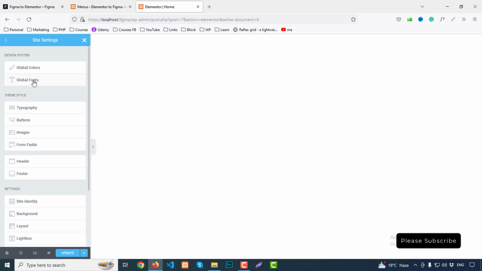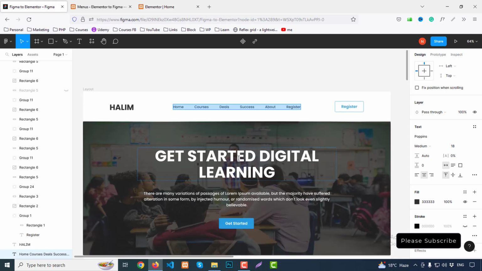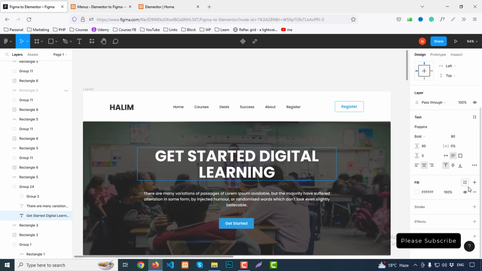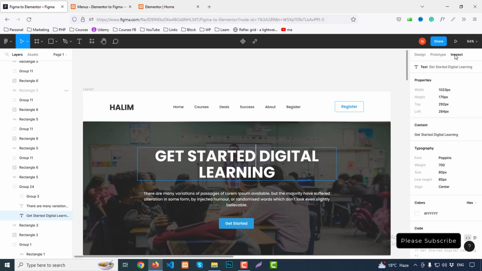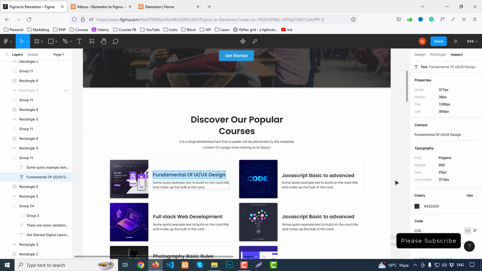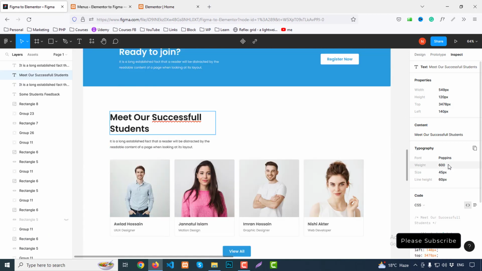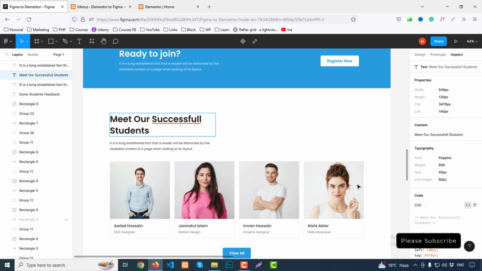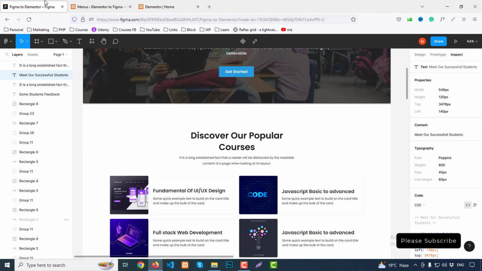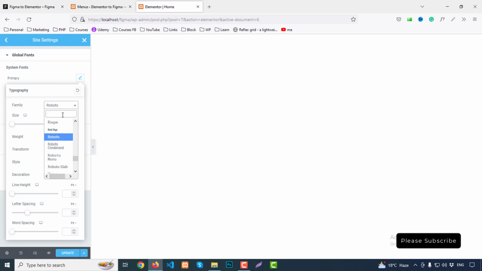Go to global fonts. So which font did they use? If you check here, click here, and from inspect we can check Poppins. Here again click and check, this is Poppins, and here another Poppins. So basically the main font will be our Poppins font. Okay, so from here our primary font, change to our Poppins